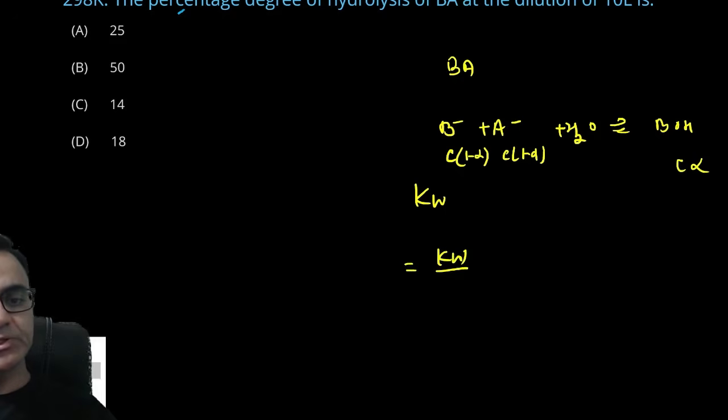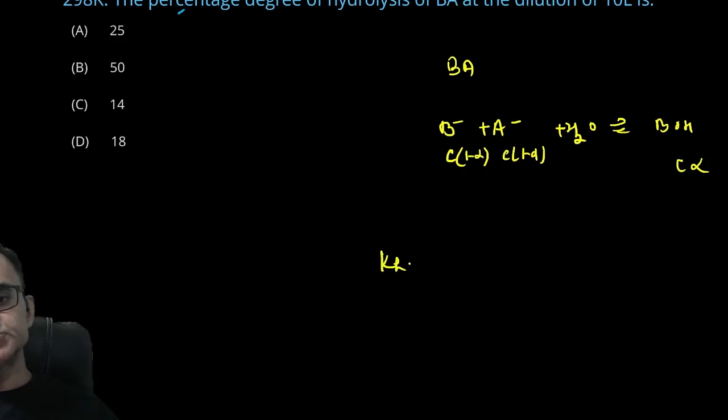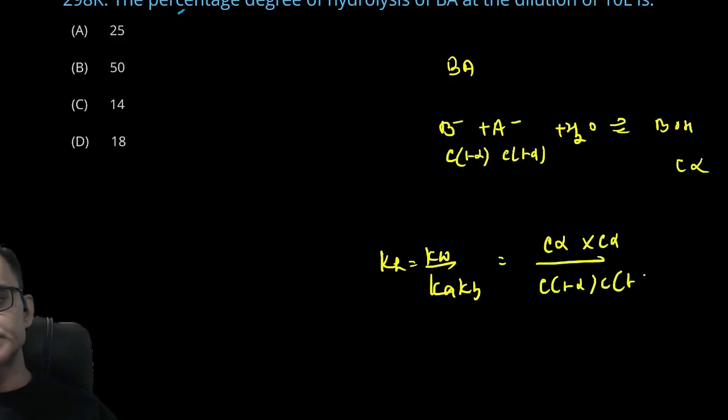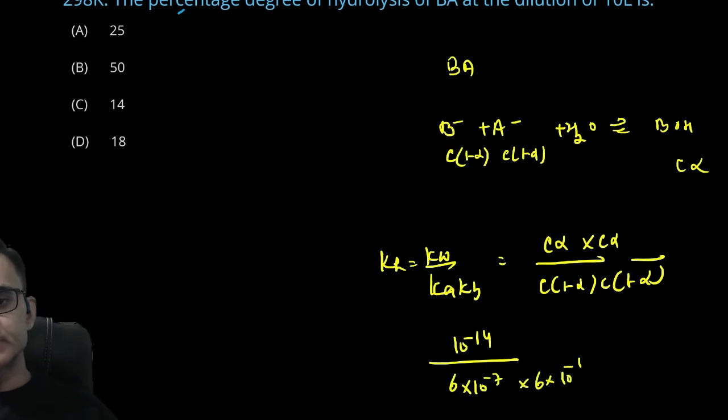अगर मैं इसका KH लिखता हूं, हाइड्रोलिसिस कांस्टेंट, राइट, तो हाइड्रोलिसिस कांस्टेंट आता है KH इज इक्वल टू KW अपॉन KA इंटू KB। दिस कैन बी रिटन एज C अल्फा इंटू C अल्फा अपॉन C(1 - अल्फा) इंटू C(1 - अल्फा)। तो यहां से KW हमें पता है 10⁻¹⁴, KA है 6 × 10⁻⁷, 6 × 10⁻⁷ is equal to अल्फा अपॉन 1 - अल्फा होल स्क्वायर। यहां से अल्फा अपॉन 1 - अल्फा आ जाएगा 10⁻⁷ डिवाइडेड बाई 6 × 10⁻⁷।